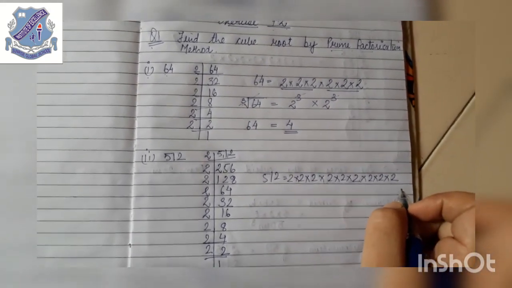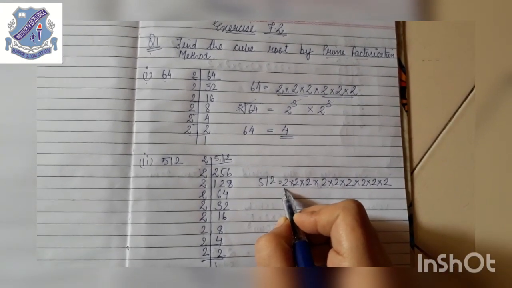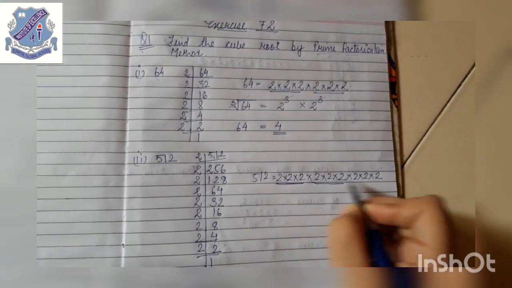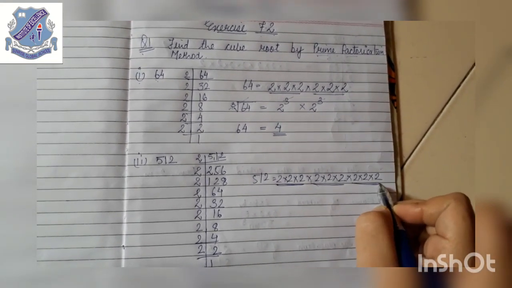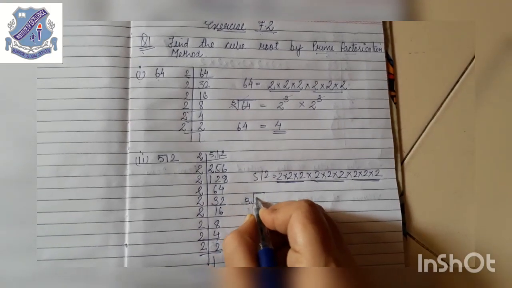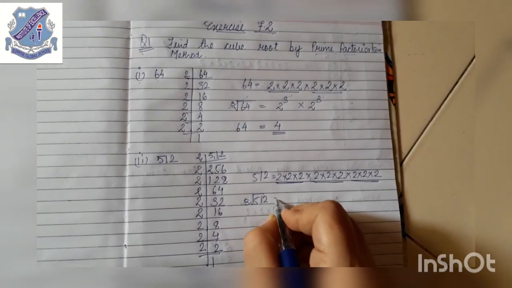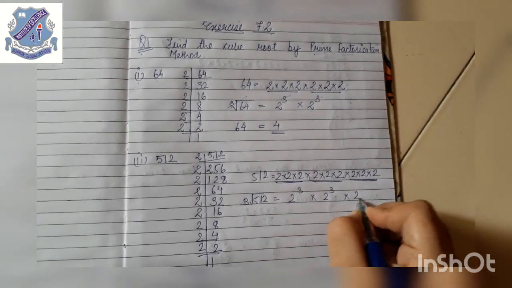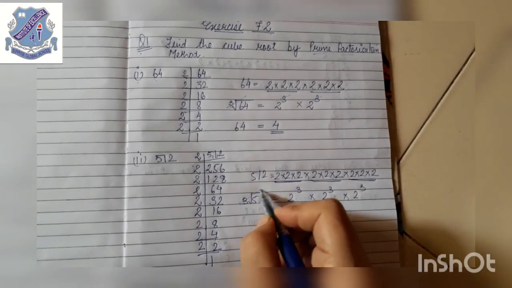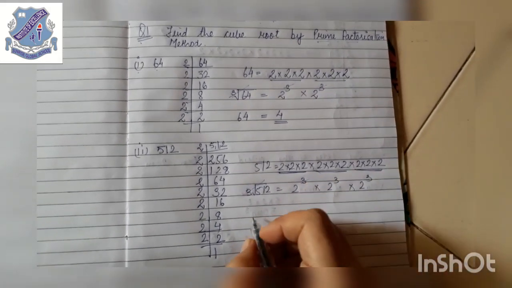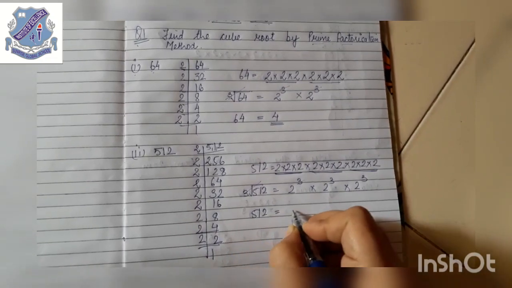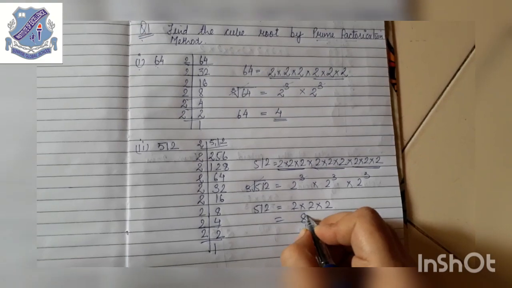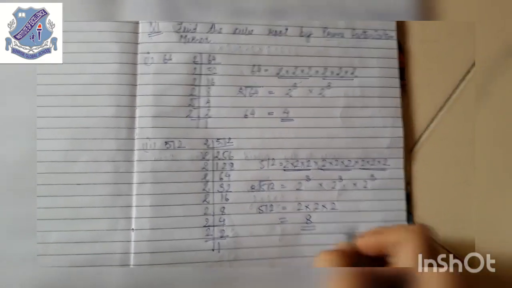So the next step will be grouping the numbers. We'll make the group in 3. So this is the group of 3. Again there is a group of 3, and the last group of 3 is over here. We'll put a cube root mark on 512, and we'll write 2 cube into 2 cube into 2 cube. Now when the cube root sign will go, all the cubes will go along, and we'll find that the cube root of 512 will be 2 into 2 into 2, that is 2 2s are 4 and 4 2s are 8. So the cube root of 512 is 8.